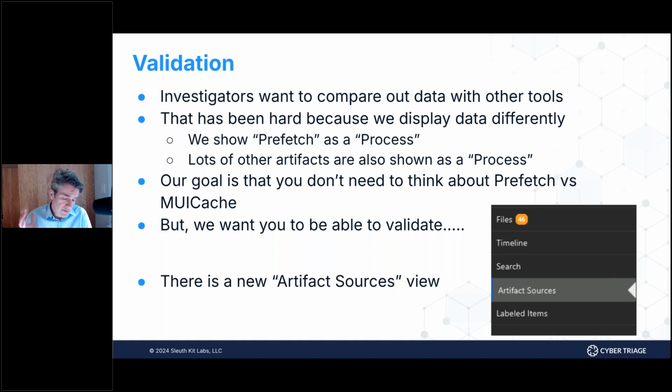Unfortunately, totally understandable, investigators want to do validation on Cyber Triage and compare what we're seeing with other tools. And the way that we decided to display data made that hard, because people want to validate, like, I'm seeing 360 items in prefetch with this tool. I want to verify Cyber Triage is also getting 360 items in prefetch. And they couldn't. We really allowed no way to do that before,